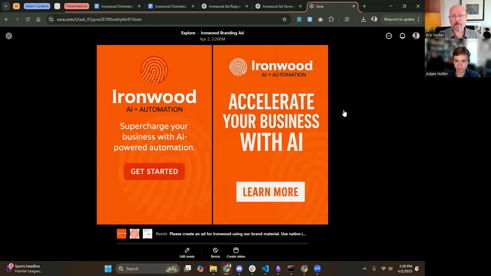With Recraft, it's got a really cool feature where if you have an image and then you provide it your logo, let's say, you can have it overlay or integrate your logo right into that image in a really effective way. So that was something that they have in particular. And again, they're always coming up with new options.